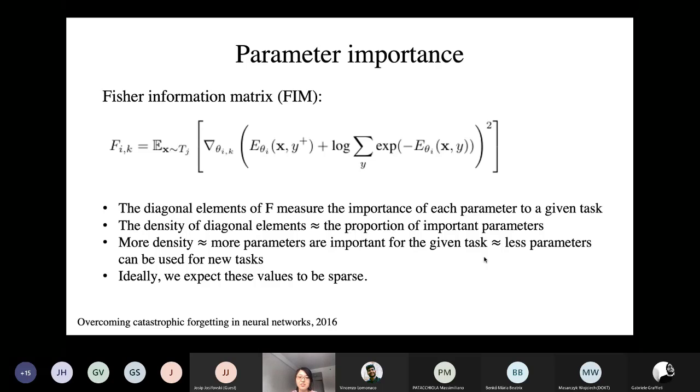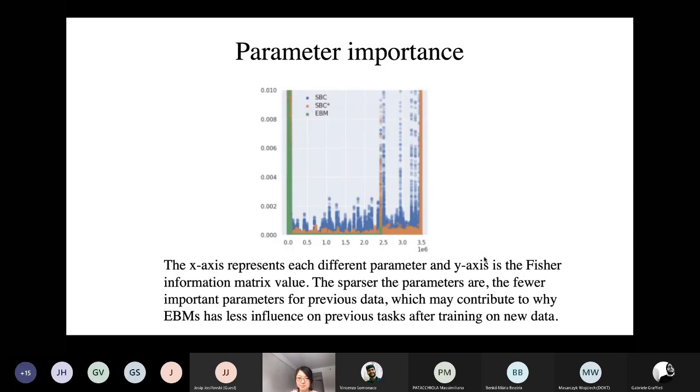So the density of the diagonal elements indicates the proportion of important parameters. The more dense it is, the more parameters are important for the given task, so fewer parameters can be used for new tasks. Ideally, we expect this value to be sparse.